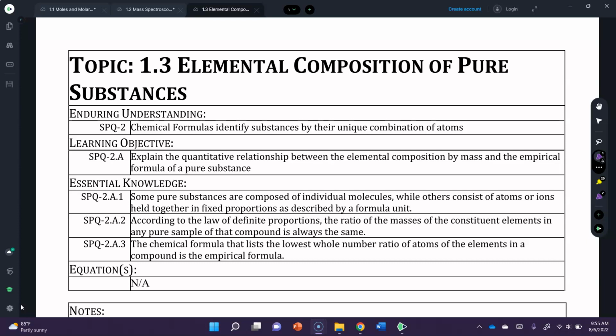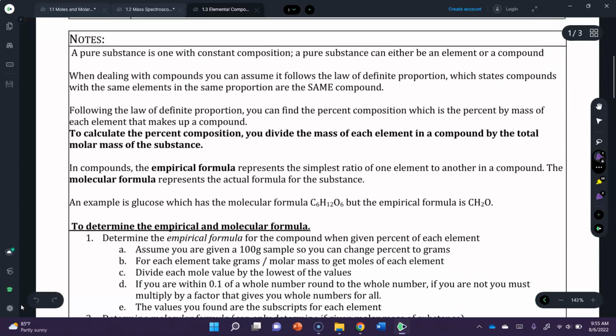According to the law of definite proportions, the ratio of masses of the constituent elements in any pure substance of that compound is always the same. So if it's sugar, it's always going to have the same ratio as other sugar substances. The chemical formula that lists the lowest whole number ratio of atoms of the elements in a compound is the empirical formula. So, going forward,